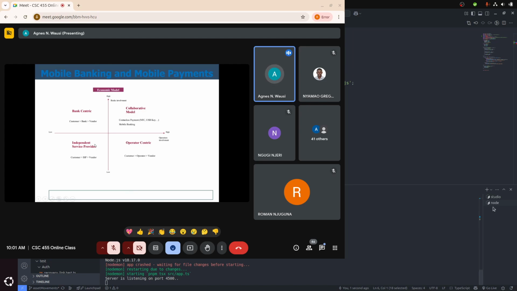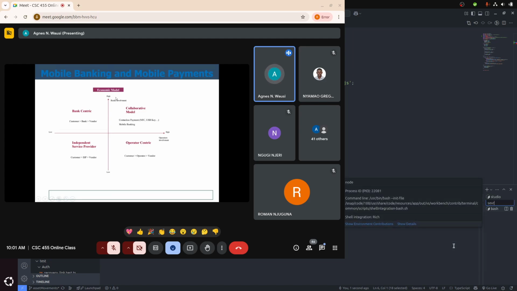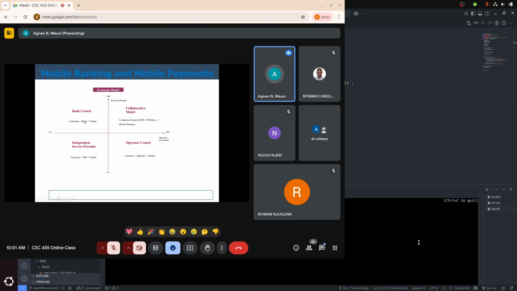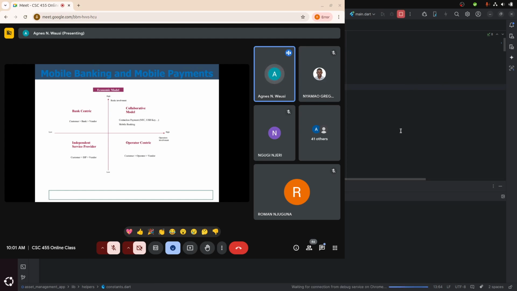And so you find that you have the combinations of low-high, as you show. If the operator's involvement is low, but the bank's involvement is high, then you tend to have a bank-centric model. So you're moving from the customer making payments through the bank and the bank making the payments to the vendors. If the bank's involvement is very high, all of this is very high, you're actually moving towards more of mobile banking, like what we find when you go to the supermarket, you buy stuff and you pay with your cards and all those things.